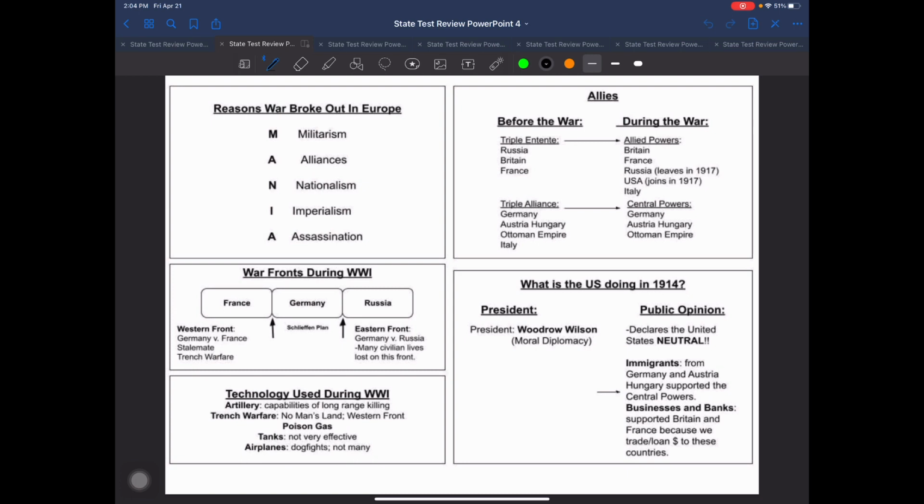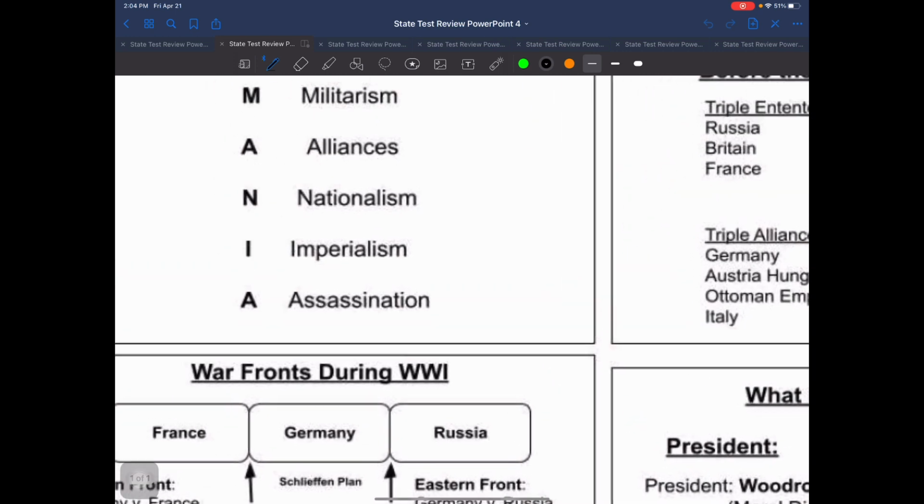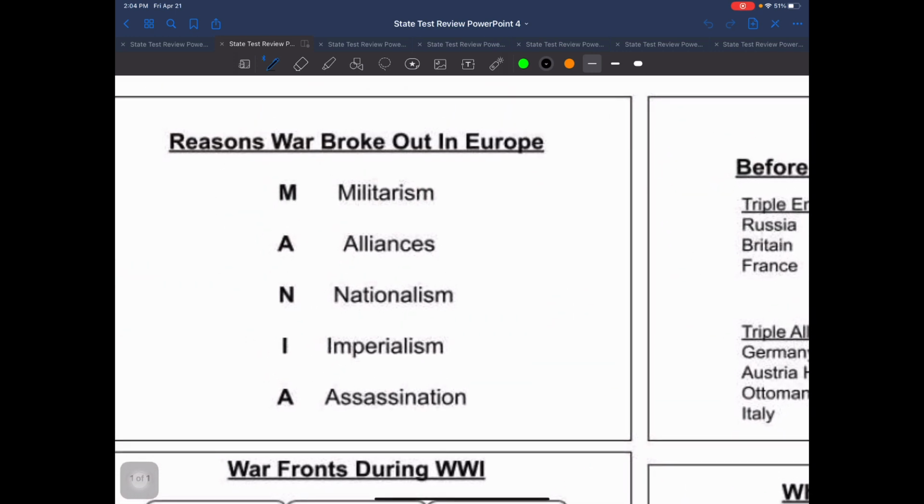The first page that we have here on the war, this first little box actually discusses specifically why the war breaks out in Europe. There's a whole other section about why we get involved. Please do not get the two confused. But why war breaks out in Europe, again, that year is 1914. We use the acronym in our class, the acronym of MANIA, okay? And the M standing for militarism.